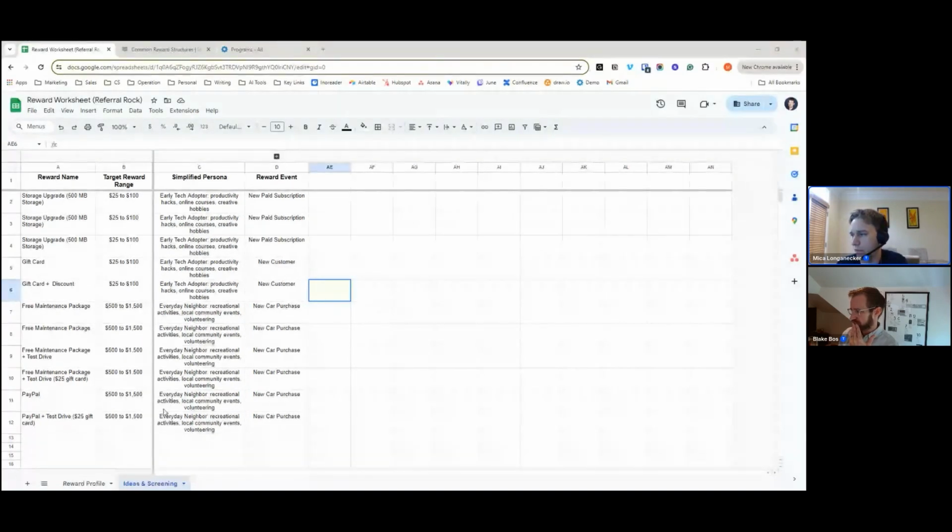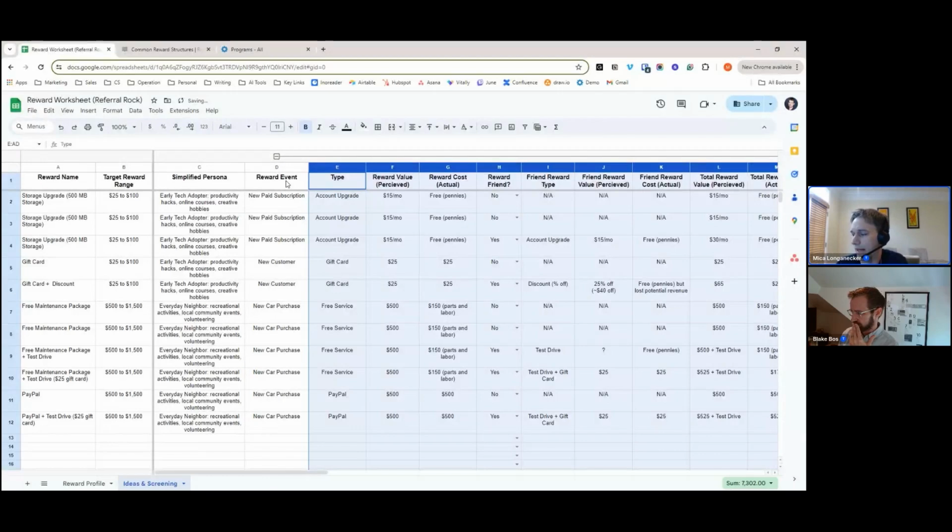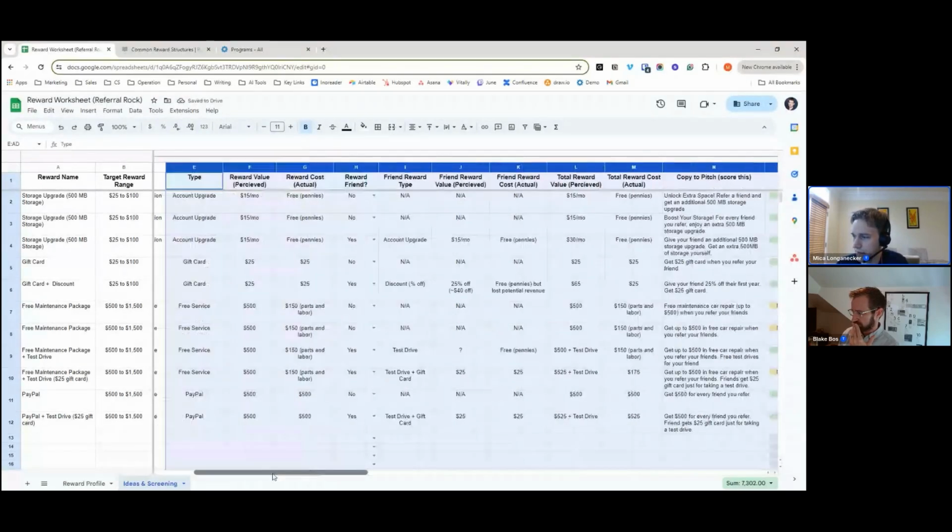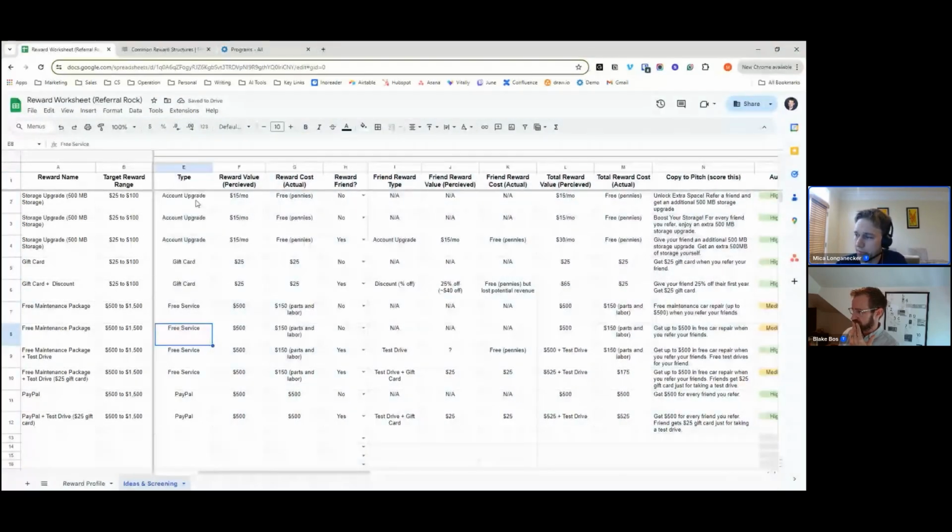And then once you have all of your rewards, you're going to want to add additional details here. And so this is, what's the type? What's the perceived value versus the actual cost? This is really helpful to help frame, as we talked about, cash and cash equivalents. It's always going to be, $25 is $25. But are there other rewards that could have a higher perceived value, but they're actually very cheap and inexpensive to implement? Those could be nice ones because then you can offer something that's a higher value than the actual cost to you.